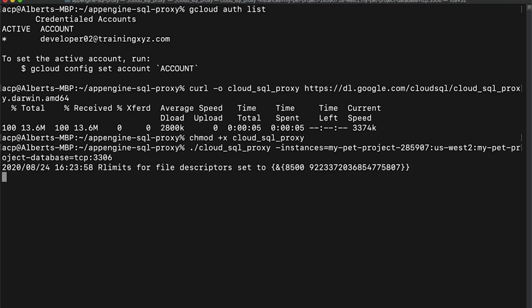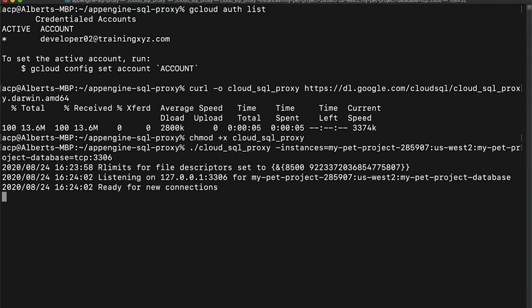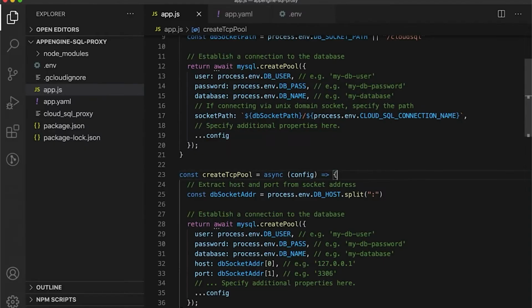And that's it. Our Cloud SQL proxy client is now listening for connections. Let's test it by connecting to it from our App Engine application locally. First, we create another function in line 23 for connecting via TCP to our local MySQL service, which is actually